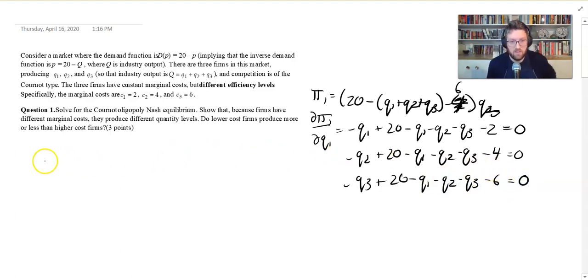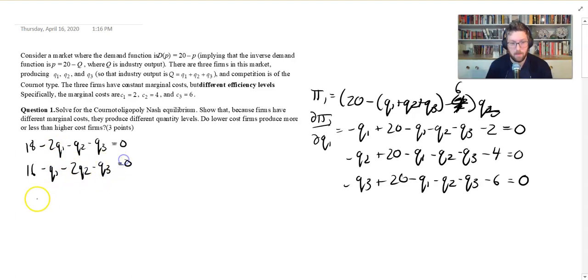So let's put everything a little bit cleaner over on this side. So 20 minus 2 is 18. And we've got minus Q1, Q2, Q3, but we have 2 Q1s. And that's equal to 0. This one, 20 minus 4, so it's the same except it's 16 instead of 18, and we don't have 2 Q1s, we have 2 Q2s. And then the other one, we're subtracting 6, so it's 14 minus Q1 minus Q2 minus 2 Q3